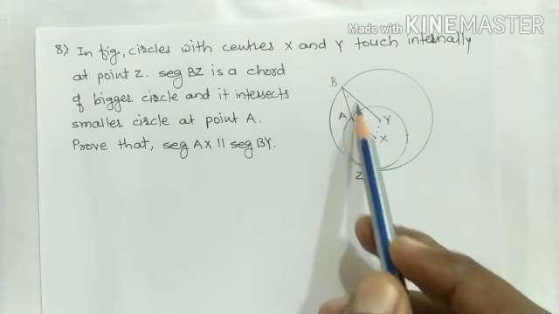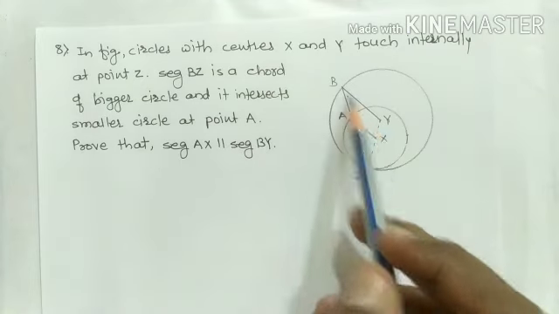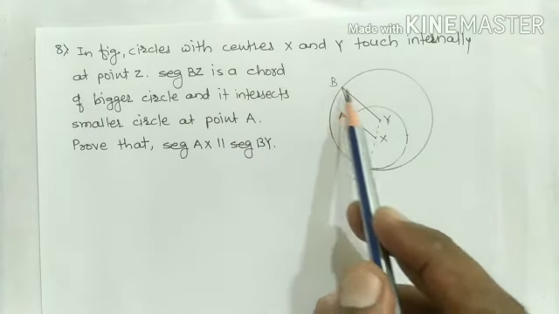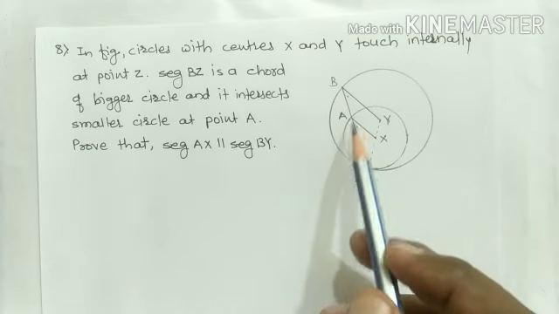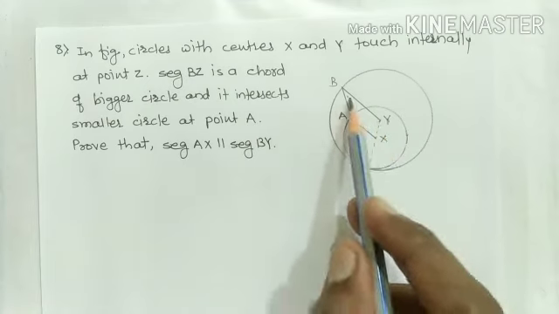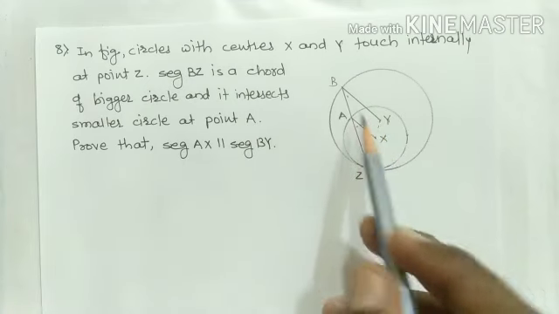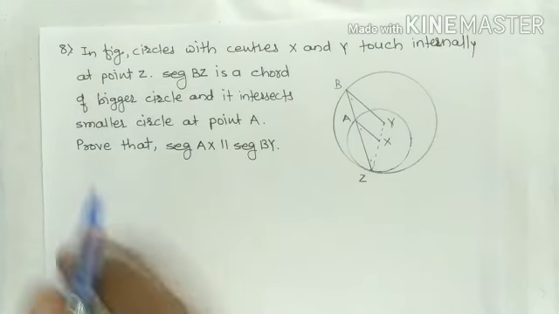But these are the corresponding angles formed on segment AX and segment BY by the transversal BZ. That's why segment AX is parallel to segment BY by corresponding angles test. Corresponding angle test, we can prove that this is congruent. Now we write this proof